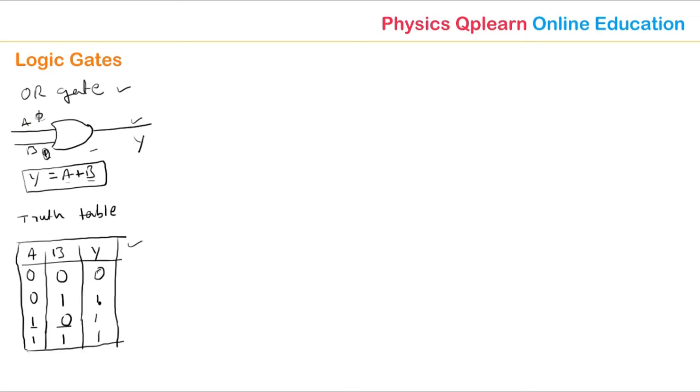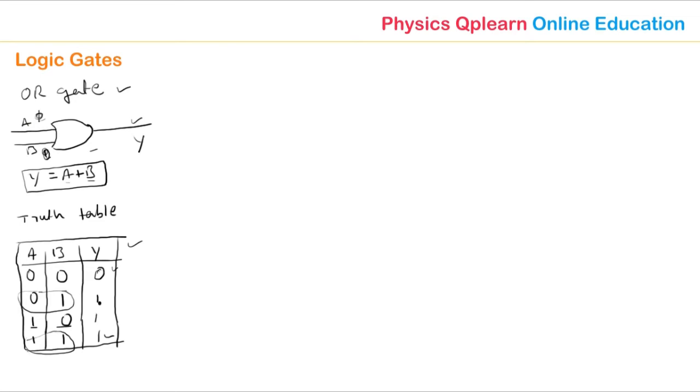By using the truth table also you can tell about the gate. The OR gate output is high when either one input, carefully listen, either one input or both the inputs are high. Only then the output is high, or else the output is low. Have you understood this one? Carefully, once again, listen. The OR gate output is high. What is the condition, when will it become high? That is very important.